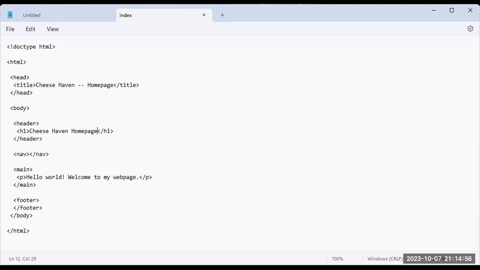So again, what does the header tag do? The header tag is going to make the font of our Cheese Haven homepage name large, and it's going to make it bold. Now, there are other header tags that you can use, and each one, numbered 1 through 6, will be slightly smaller in font. They will all be bold, but they'll be slightly smaller font sizes